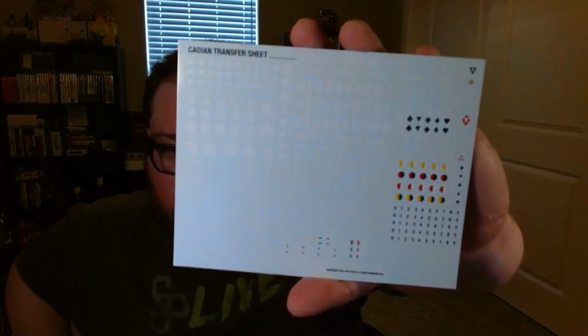Here are the bases for the heavy weapons teams, for your artillery cannons and things like that. So you put those on there. They're a little bigger obviously because they're bigger units. And I believe this is the one for the Sentinel. Really cool. Like I said, all the bases you need to start to build these. So you're good there. And this one, I believe, is the new Cadian transfer sheet,